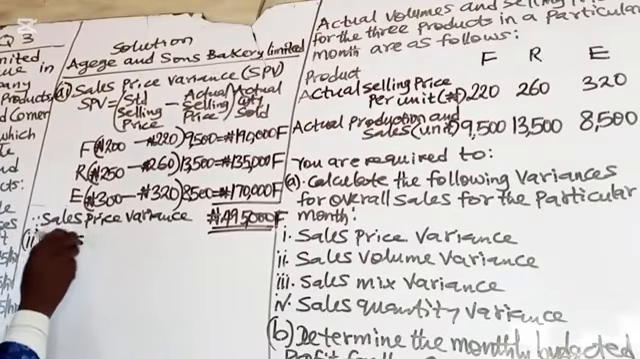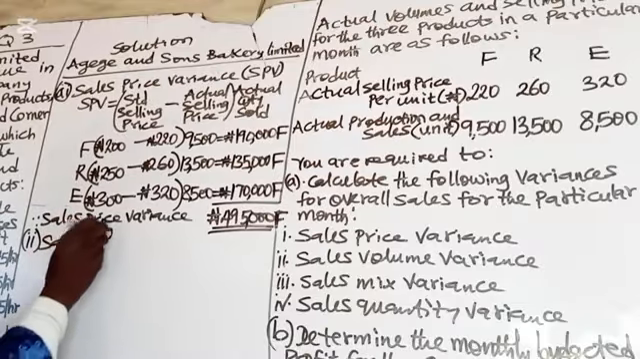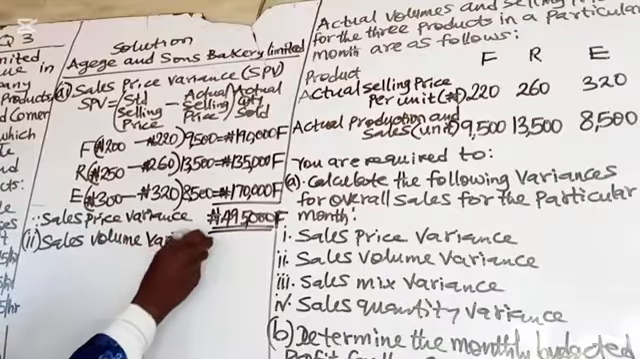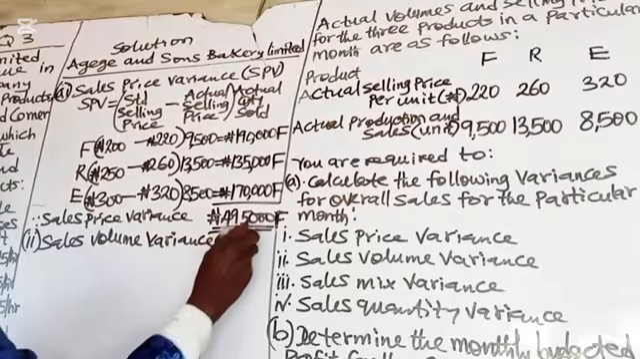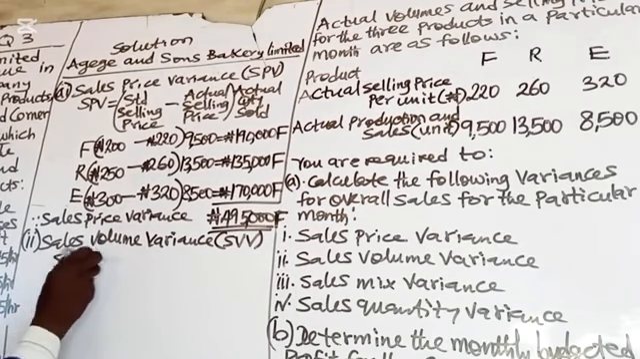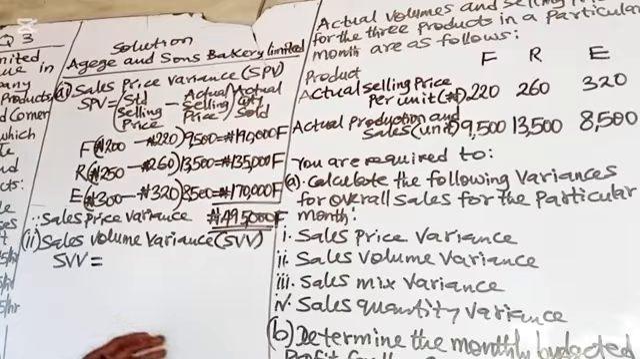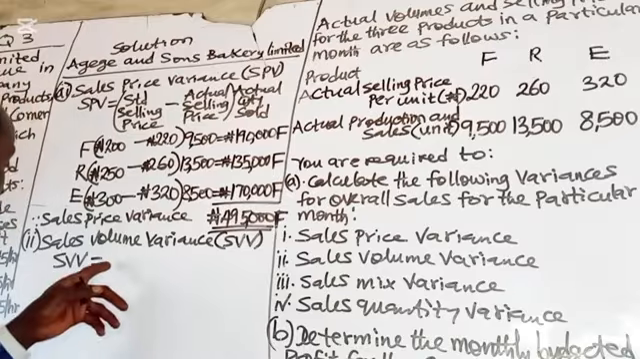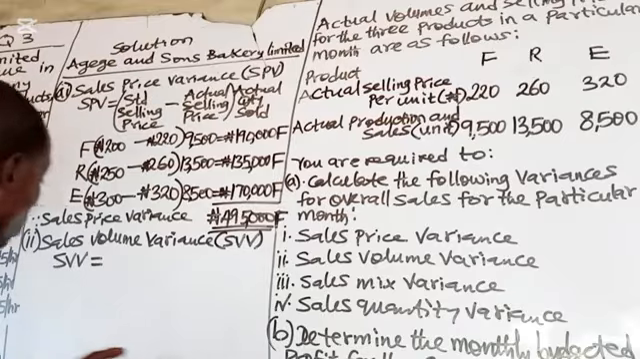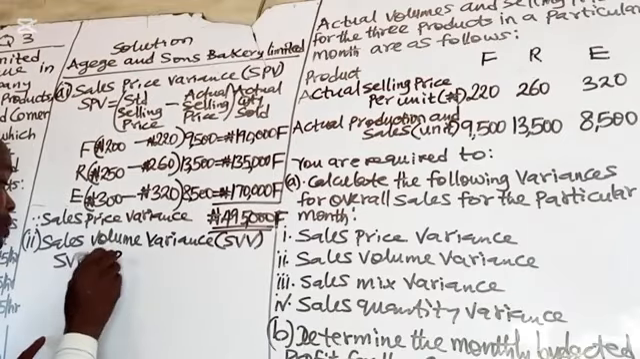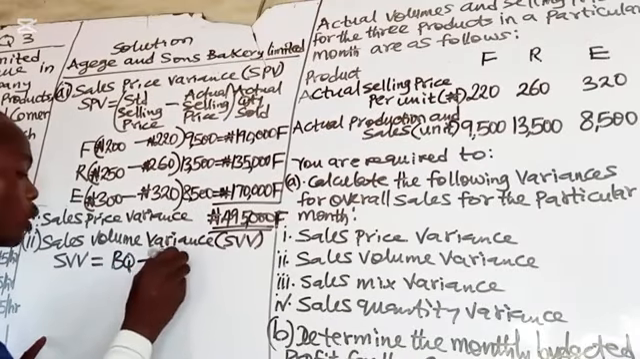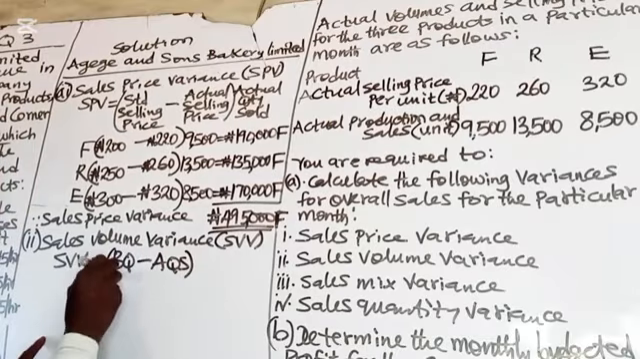2. Sales volume variance. I've told you we used to budget for the quantity we want to sell. So there is no standard quantity sold. We always have budgeted quantity sold. So you have budgeted quantity minus actual quantity sold, multiplied by